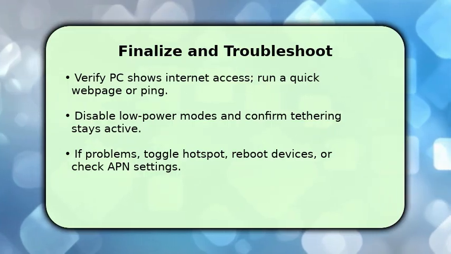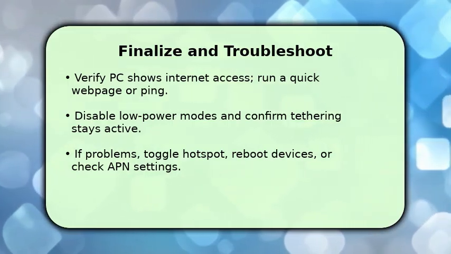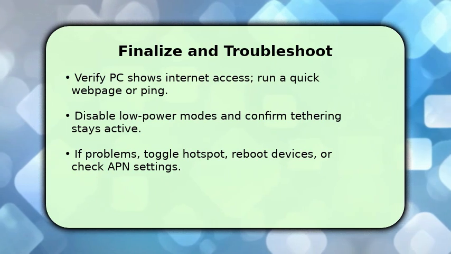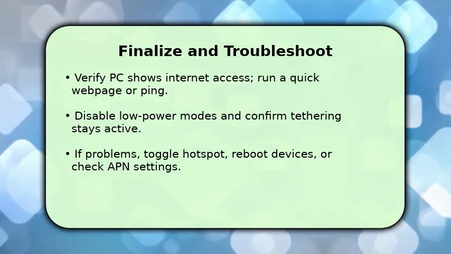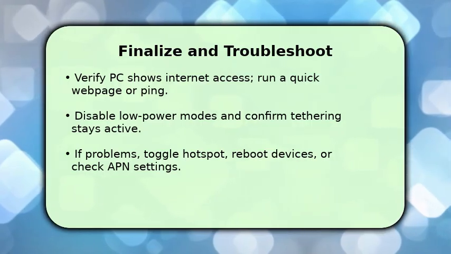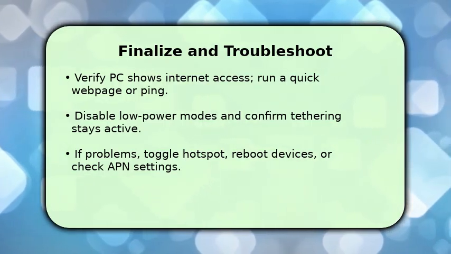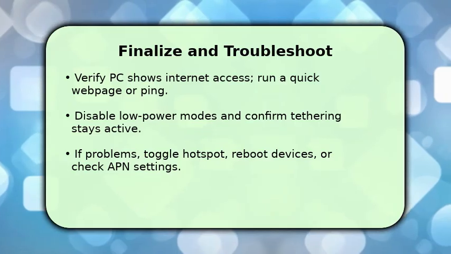If the connection fails, try toggling the phone hotspot off and on, reconnecting the PC, or rebooting both devices. These steps reset networking layers. If you still have trouble, check the phone's APN or carrier restrictions, because carriers sometimes block